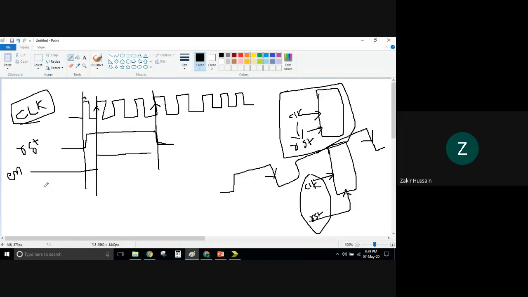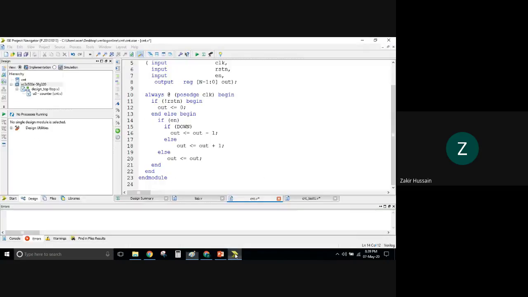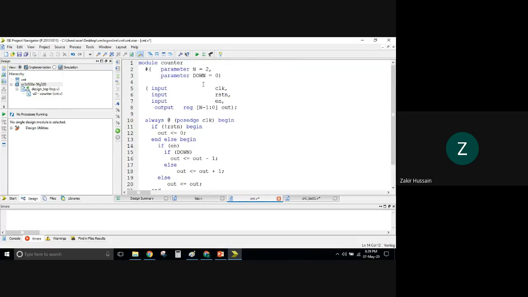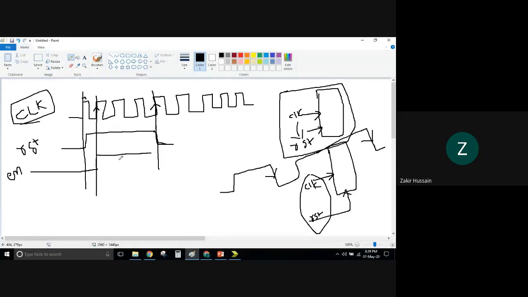All right. Now coming to the other one, this down. We don't really need to mention it because we are setting down to 0. If you are setting it to 1, it is going to act like a down counter. If that is 0, then it is going to act like an up counter. There is no control here. We don't need to develop it in this timing diagram. It's not a port here. Down is not a port. So only this behavior needs to be built.